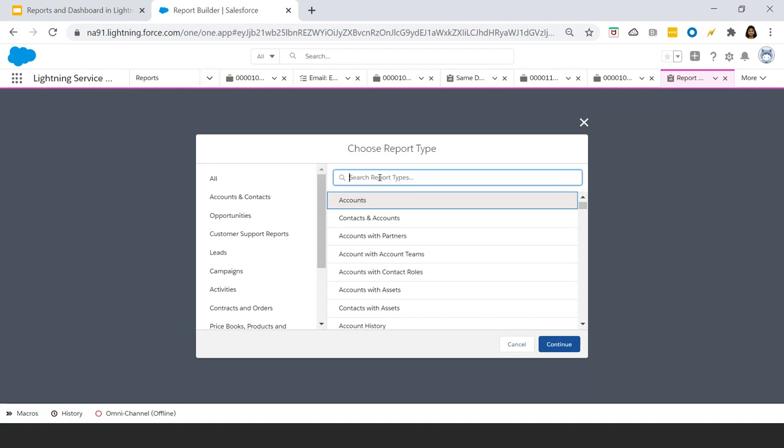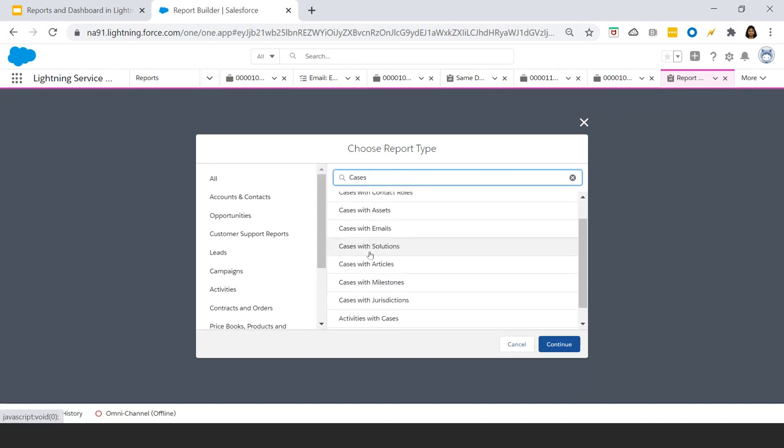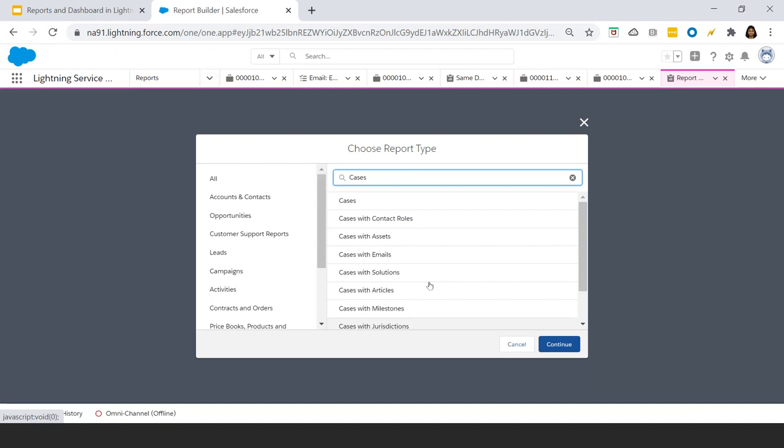So from the search, search for cases. Here you see all of the different report types which are available with case as an object, and its associated or primary or related objects. But for us, we are mainly concentrating on the report cases. So let's click on cases.